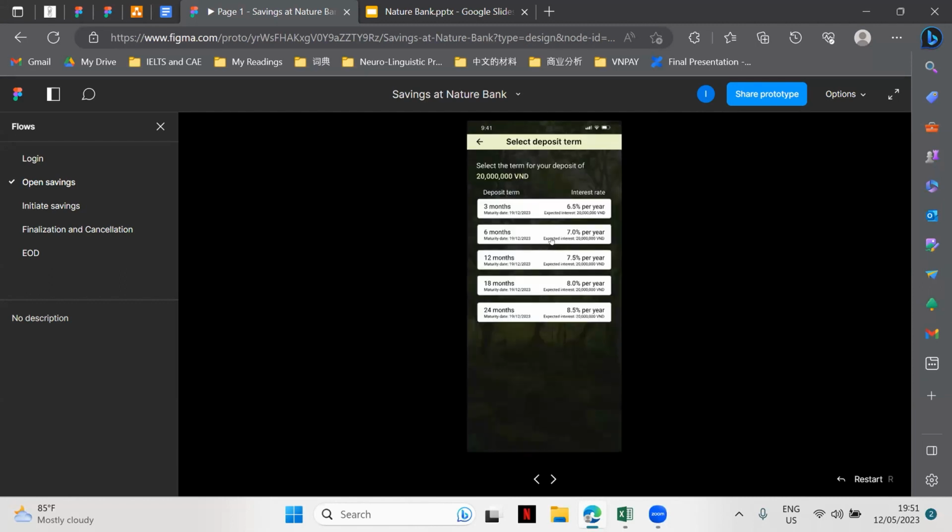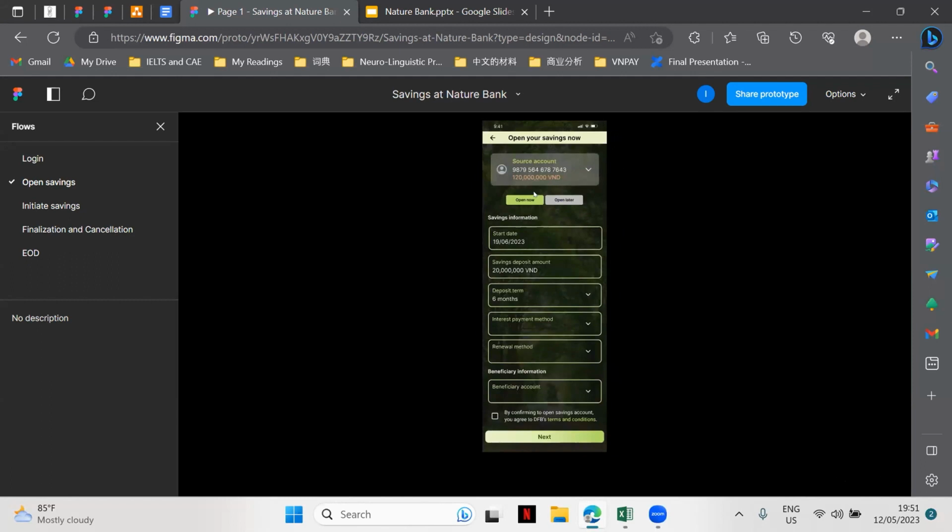After choosing the deposit term, the screen of open now is the default. So if they don't want to open now, they want to open later, they will click on the button open later, and then the app will display the screen of open later. Here, start day, you can choose the start day. And of course, according to the business rules, the customer can only choose days within 1 year. So it also means that they cannot choose days from today onwards and the day after T plus 365, because it's just 1 year,